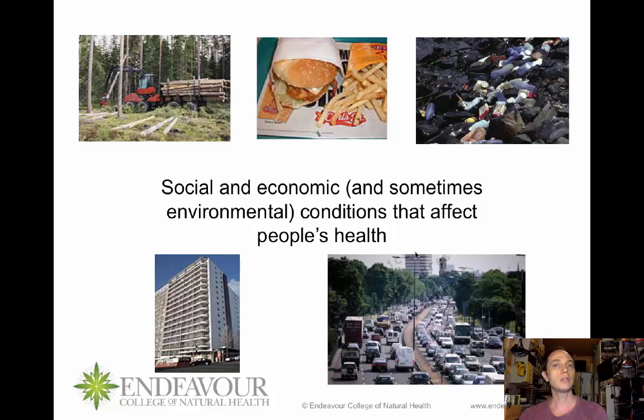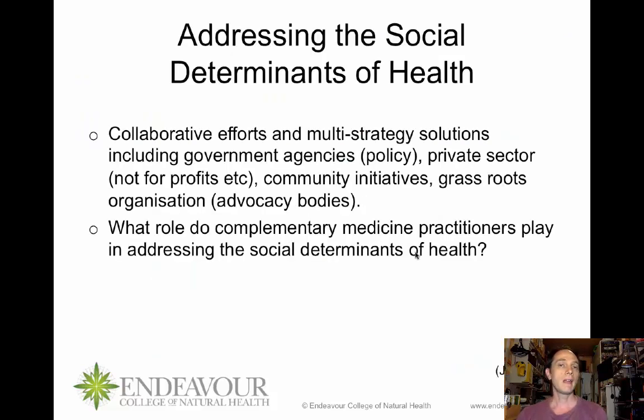The social determinants of health is a holistic approach that really does look at all of those different deep causative factors of people's health. Now, how we go about addressing that, though, can be a challenge. I think as a health practitioner from a clinical perspective, it can seem quite overwhelming to think about, well, what can I do? I can't change people's housing conditions. I can't create a new park for the kids to play in. What really can you do?